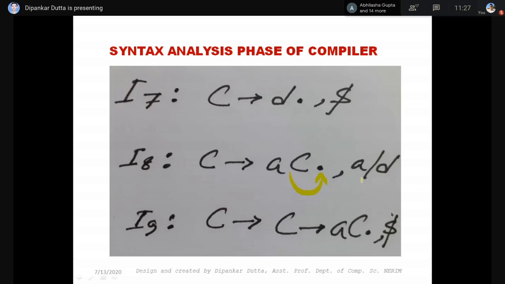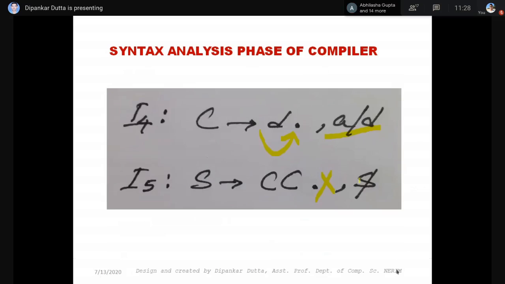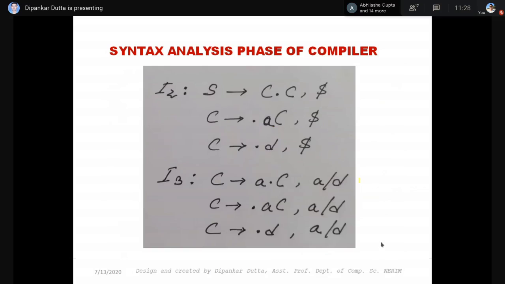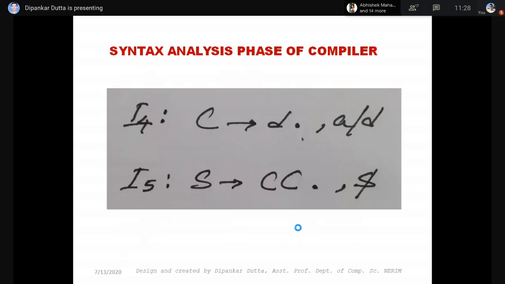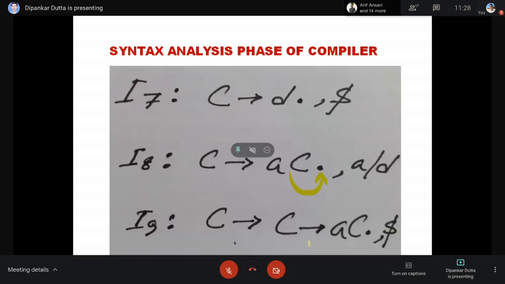And similarly, for the last one, for these two we have already done. Last we have C implies,